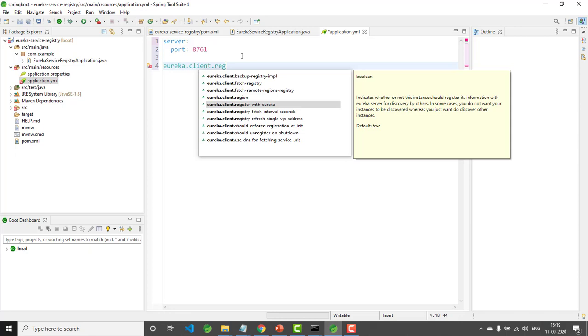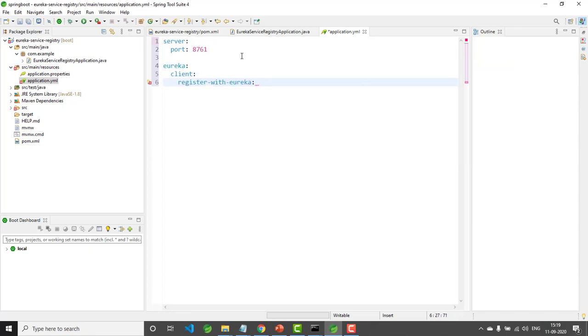If it is going to be a microservice, the microservice should register itself with Eureka. If you see the value for this property, by default it is true. But in this case, the application that we are creating is a registry. It should not register itself. To avoid that, we are making the value false. So it is eureka.client.register-with-eureka false.